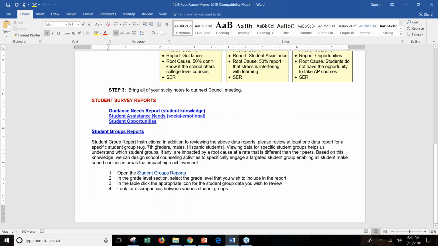If you have someone who's interested in the Hispanic community, they could go in and see how Hispanic students answered these questions, or if there's somebody who's an advocate for lower income students in your community, they could go in and look at that student group report. We never want to keep data away from your council. We're going to ask the steering team members to really dig into this, just to save time for your council. But we wanted you to be aware that we have given your council these drill down reports.